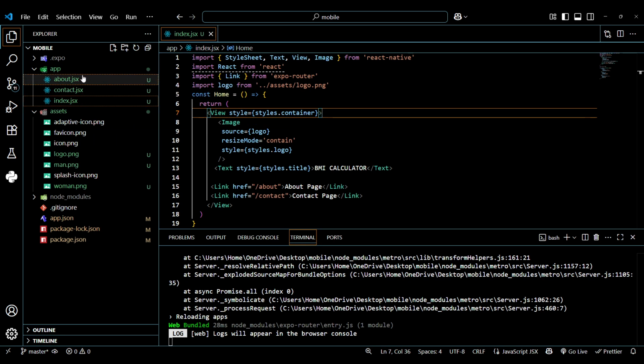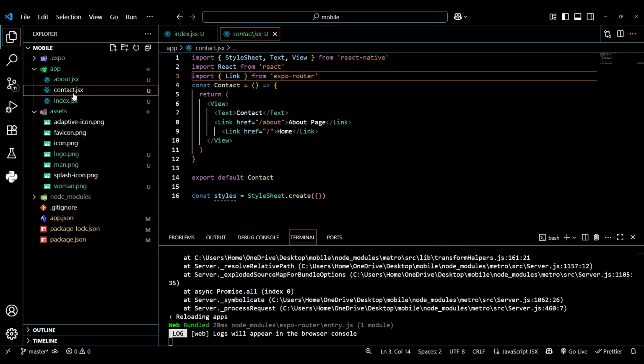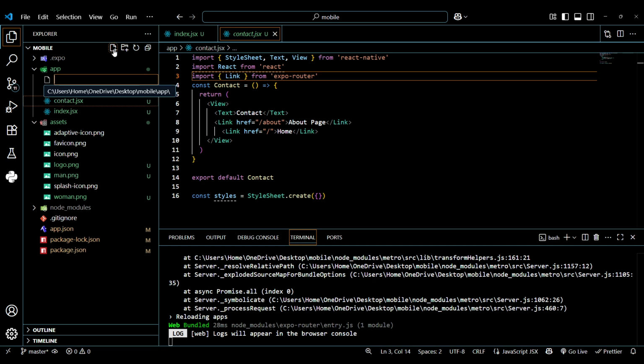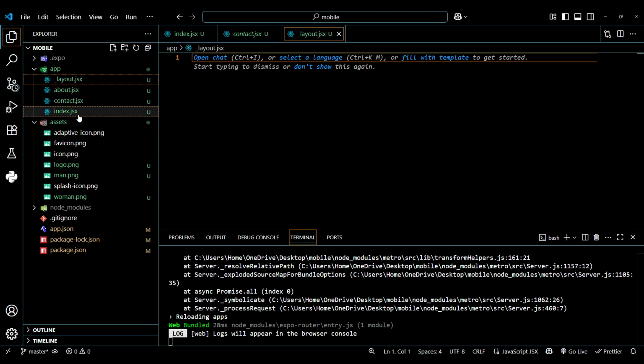So na ku create layout yako uta click just here, make sure uko inside that hub, and then by clicking any of the files that you have created already, and then utai click on new file, and then starting with the underscore just type layout, make sure it's in small letters, and then .jsx like that. So underscore layout.jsx,